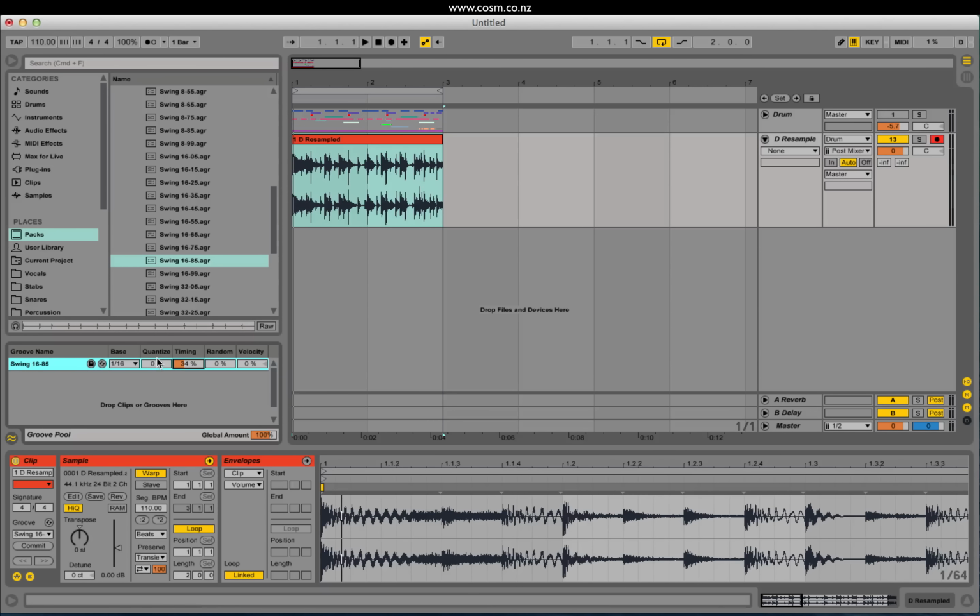I guess the other one I should quickly mention is quantize. It's not relevant to this loop that we're working in because I put everything aligned with the grid. But if you do have a live drum loop which does already have some groove to it and you want to apply another groove to it, by bringing up the quantize, it takes the transients that are not aligned with